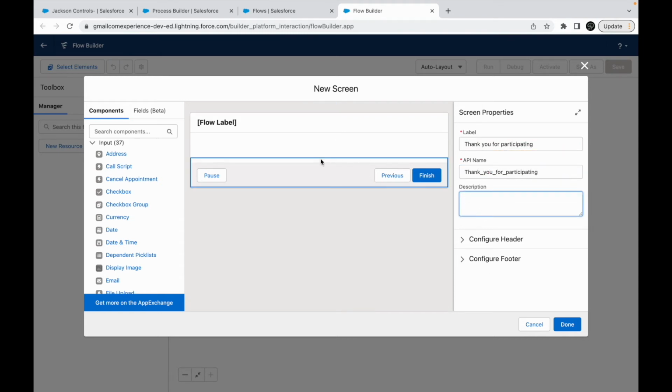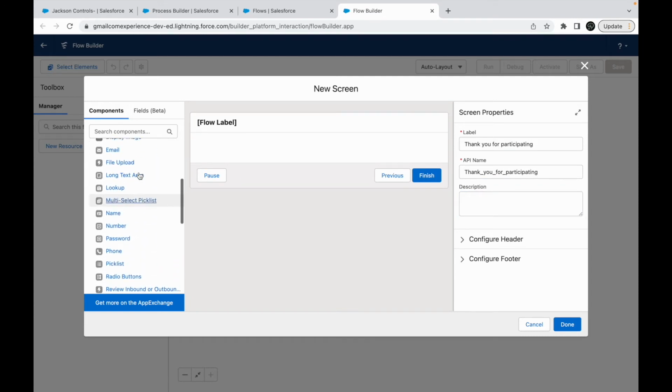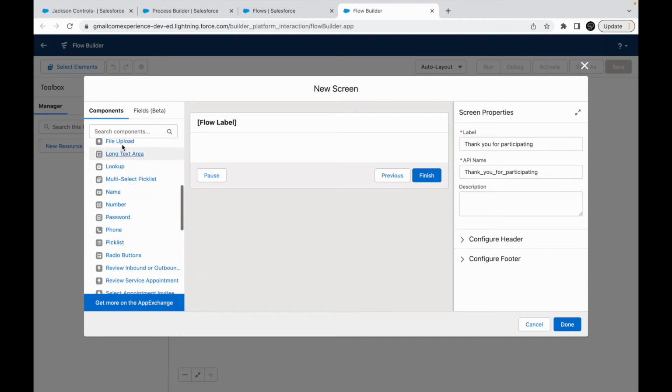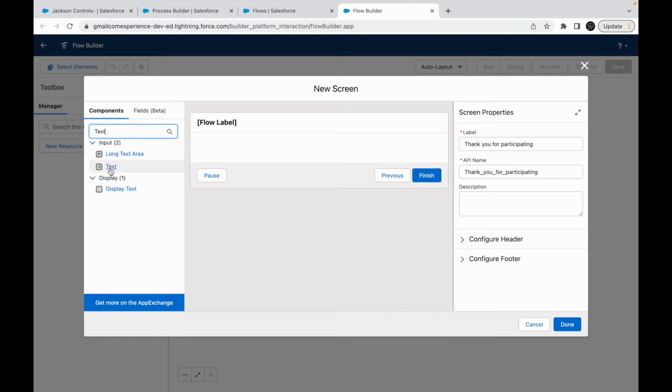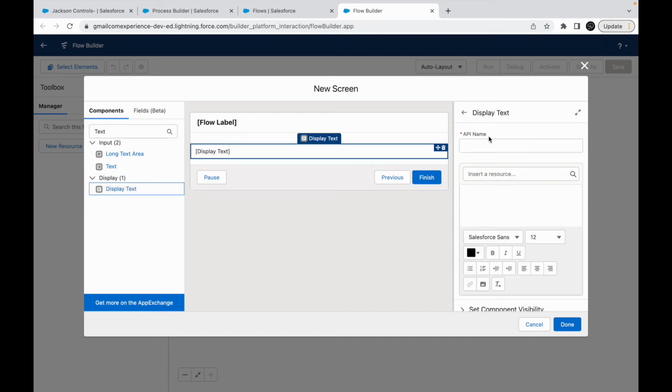The API name should come automatically, and here in the body, what I can do is push in some input components. All right, so I can just put something like a text field. I'll put up a display text first of all, and I'll say thank you, and inside this particular text I want to show congratulations on winning the opportunity, successfully closed. So this is the text I want to show,